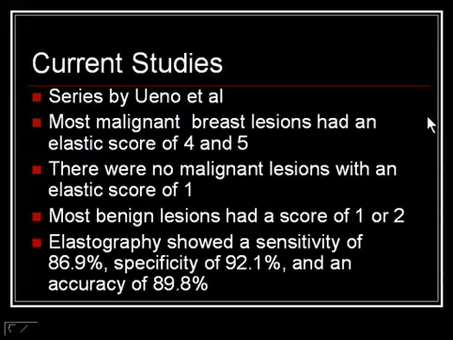There are certain studies that have been performed. One of them is by Dr. Ueno himself, and he has found that most malignant lesions have either a score of 4 or 5, and he has not found one malignant lesion associated with a score of 1. Most benign lesions are either 1 or 2, and his results showed that elastography had a sensitivity of 86.9%, specificity of 92.1%, and an accuracy of